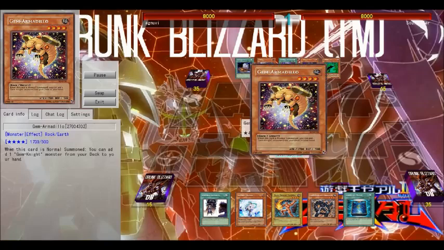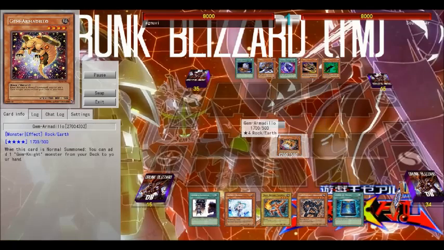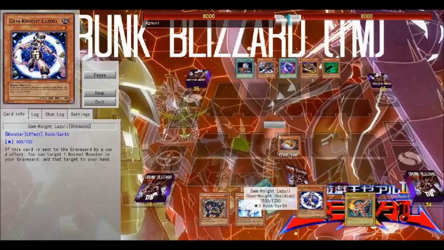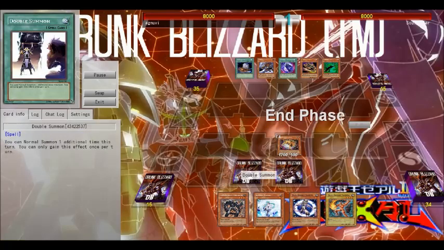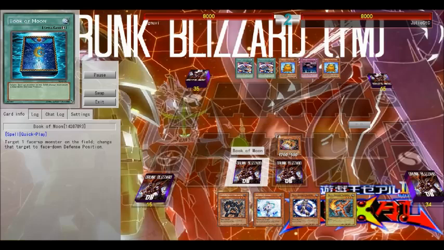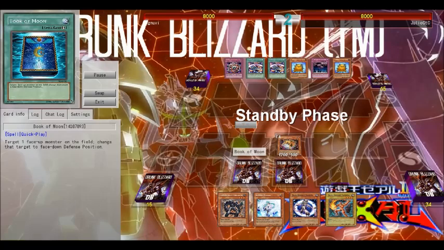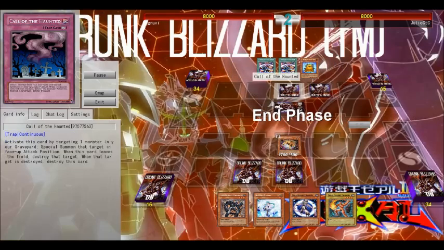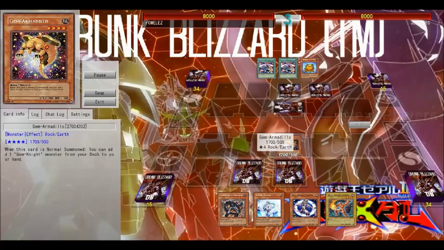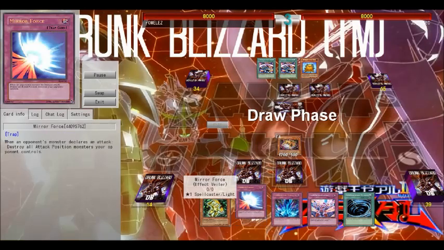Romelez and I are running Gem Knight complementary decks, and I start off with a Gem Knight Armadillo Lazuli combo. It's pretty classic if you're playing Gem Knights. When you go for fusion, use Lazuli, and you get back one of your normal monsters that's in the graveyard. And since Amber's a Gemini and Obsidian and Garnet are pretty useful too, you could put any of them down for the fusion. I also put down Book of Moon, double summon,